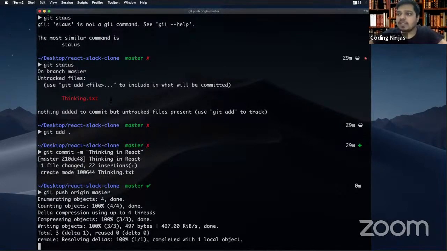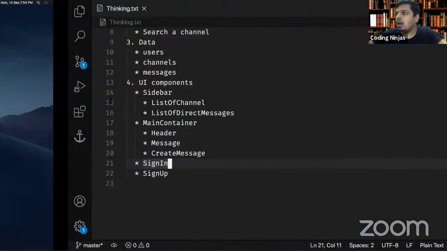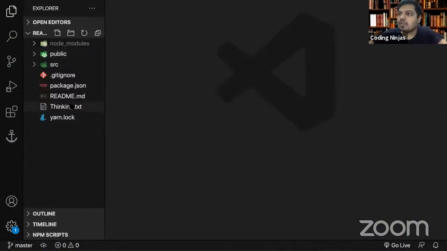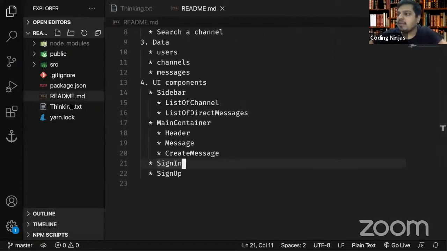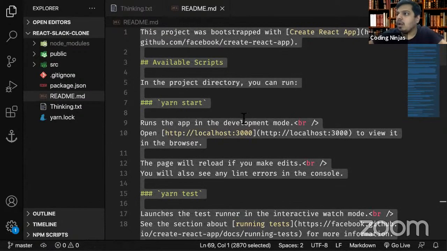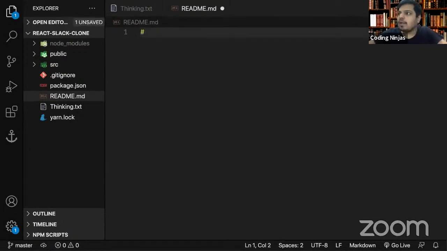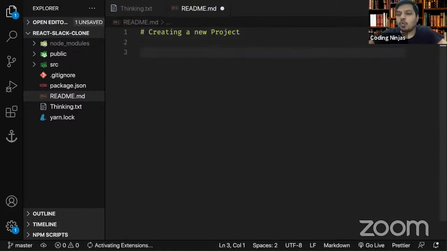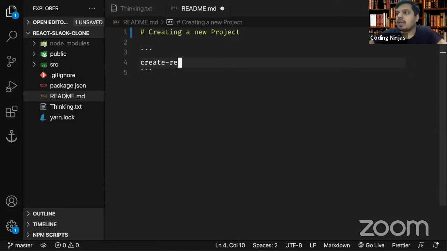And also, guys, let me just quickly, in the readme.md file, write the process of things that we're basically following. Let me just remove everything. So here I'll write creating a new project, right? And what do you do to create a new project and things like that, right? So creating a new project, you generally do create React app and project name,